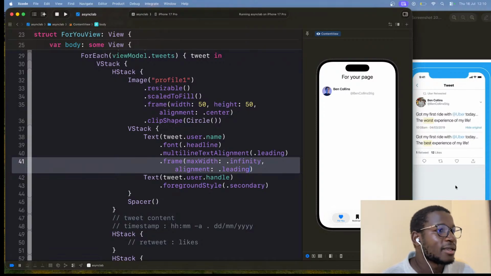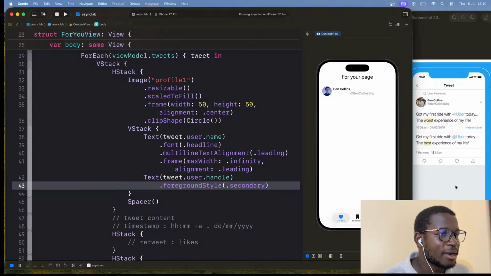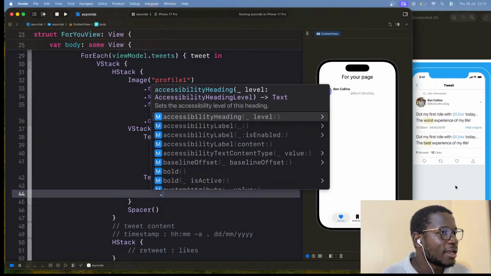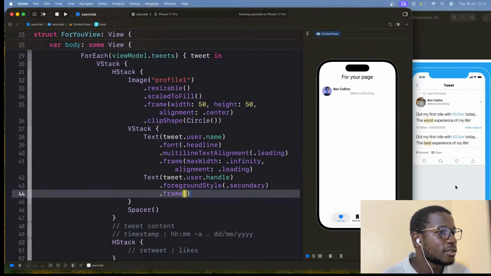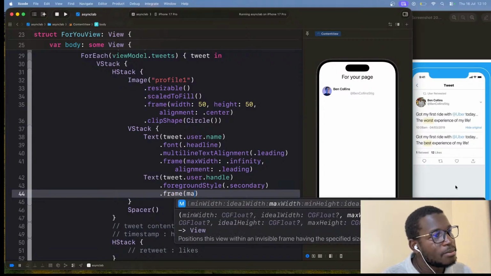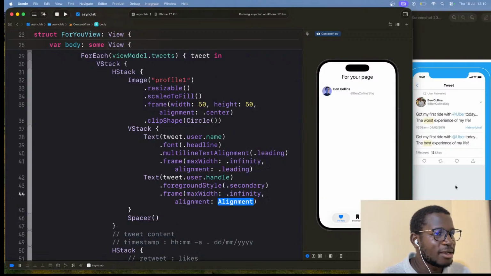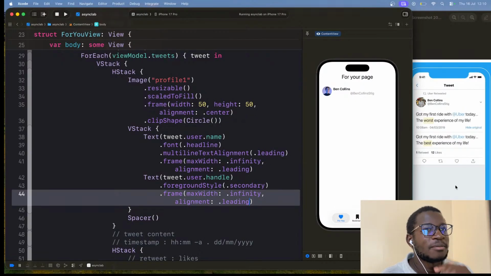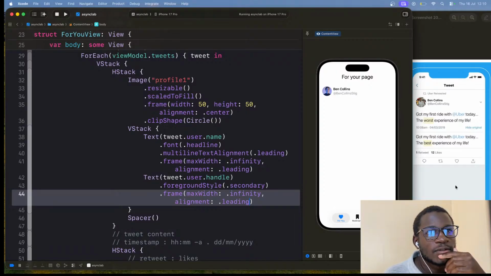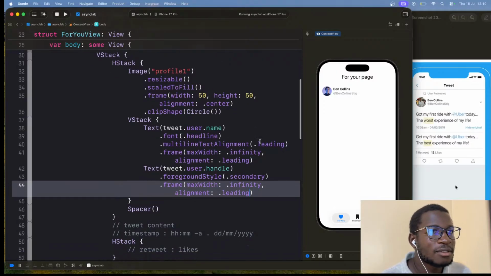That usually works. Yeah, that will give us the effect, and we can apply the same to the handle, frame max width, infinity, and then apply alignment, leading. Okay, so that should do it